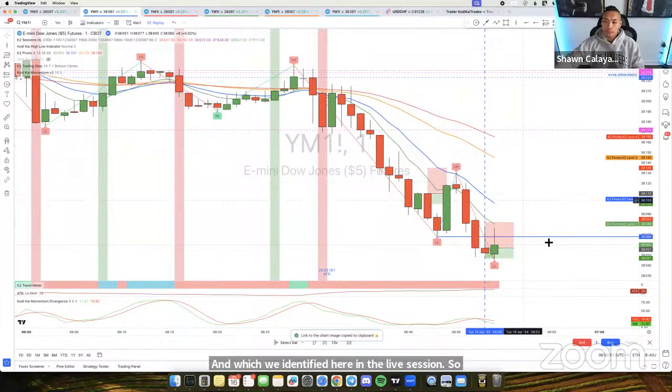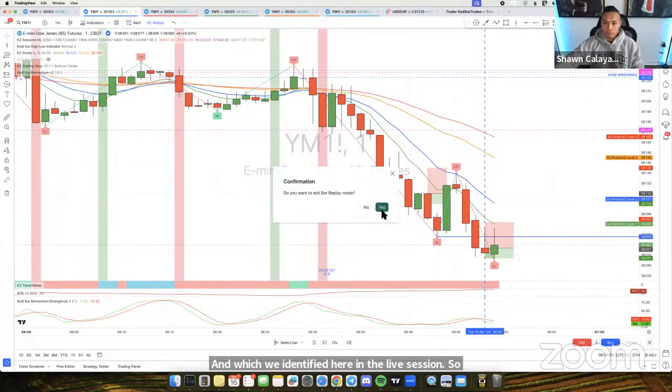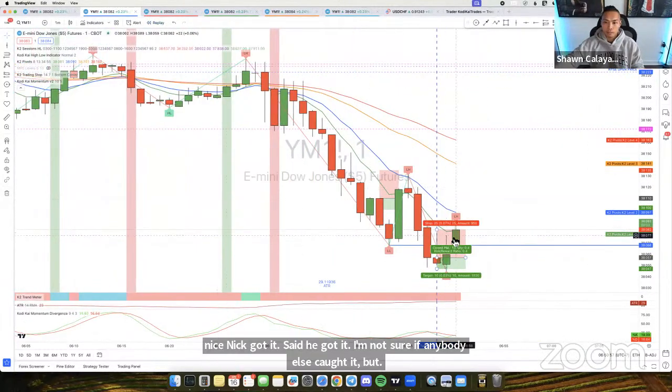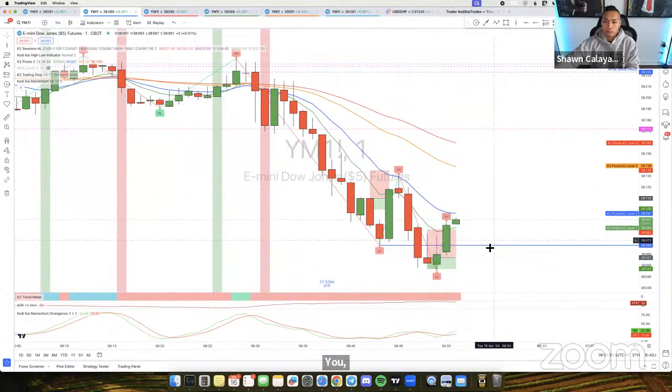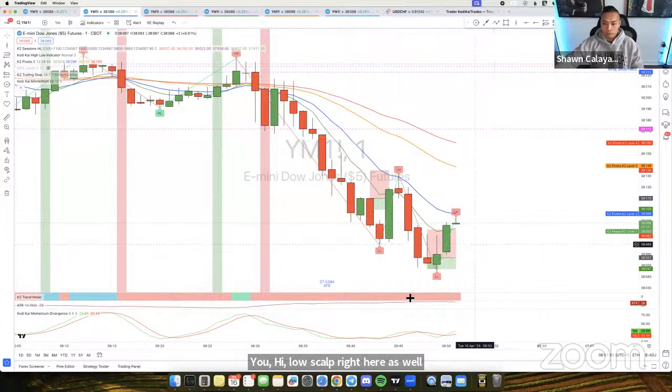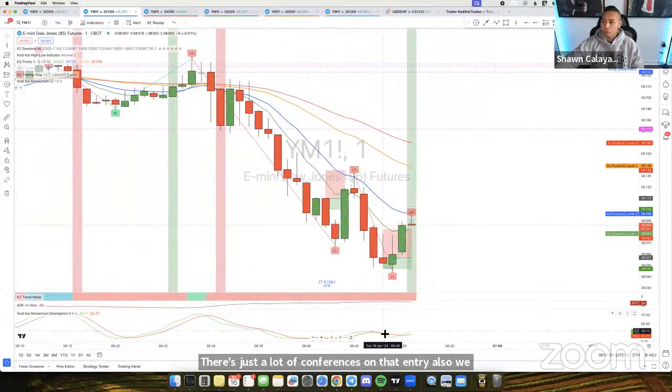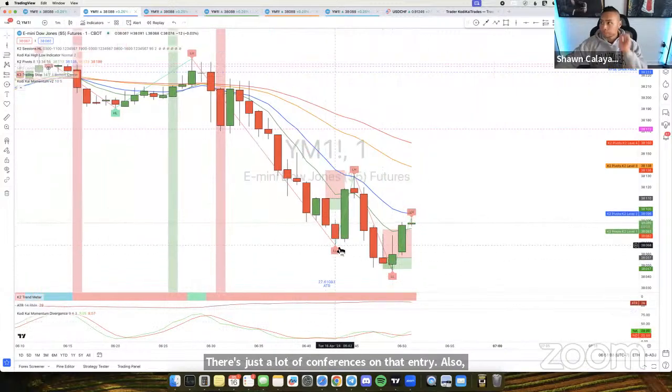So nice, Nick got it, Sadie got it. I'm not sure if anybody else caught it, but a decent amount of people here caught this high-low scalp right here as well. There was just a lot of confluences on that entry. Also, we had the crossover right there as well from the